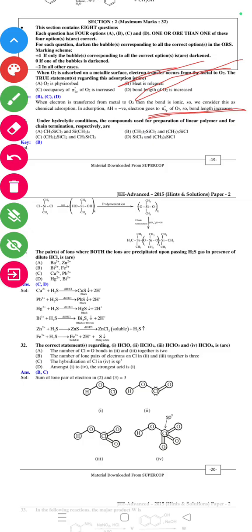अगला सवाल है अंडर द हाइड्रोलिटिक कंडीशन, the compound used for the preparation of the linear polymer and for the chain termination respectively are? तो ये कंपाउंड H2O करेंगे तो ये बन जाएगा, पॉलीमराइजेशन करेंगे तो ये बनेगा, चेन टर्मिनेशन करेंगे तो ये बन जाएगा। तो इसका आंसर है ऑप्शन बी, (CH3)2SiCl2 एंड (CH3)3SiCl।